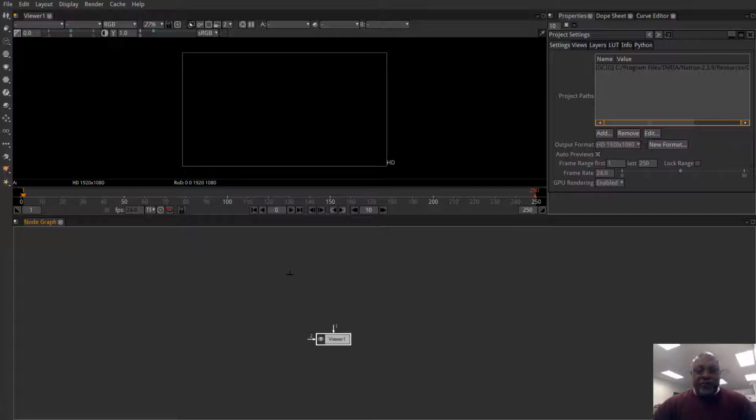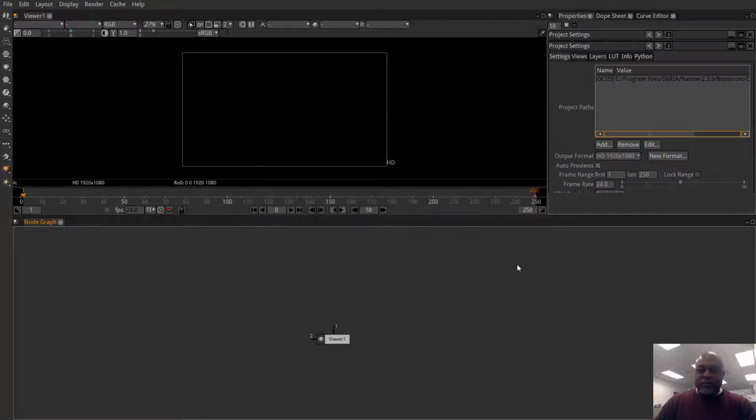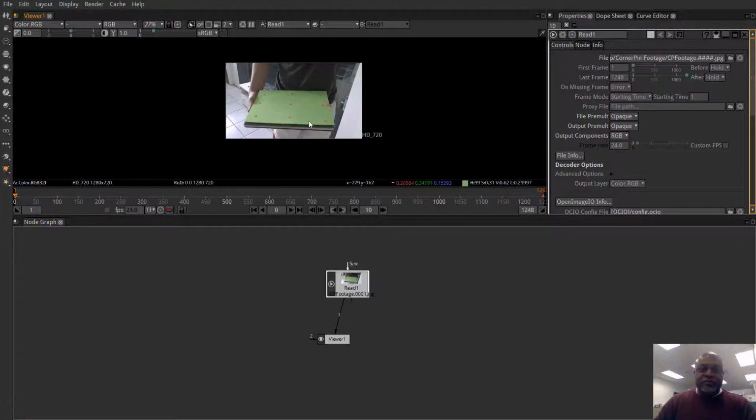So right now, let me bring in some footage. This footage is going to be called the CP footage, because I had exported out these individual camera frames or sequence images from a file that had these particular trackers, and I'm going to be creating a corner pin. That's why it's called CP footage, corner pin footage. So I'm going to left click on this and click on open. Then I'm going to pipe it to the viewer node, and as you can see right here,